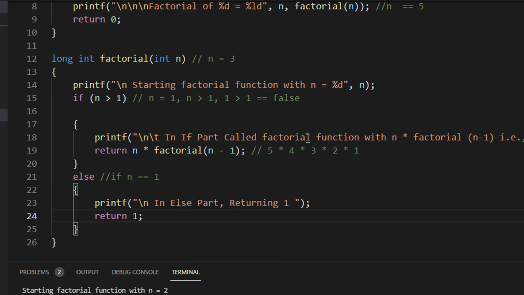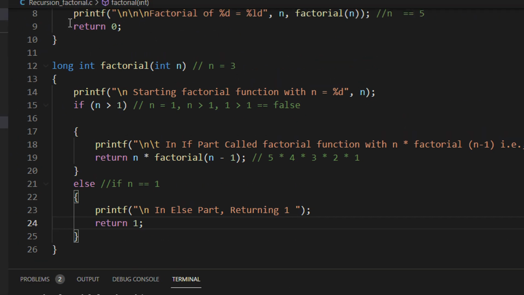By the way, recursion has more disadvantages than advantages. The only advantage is that the code appears cleaner. But in terms of memory management and stack operations, it is very expensive. So as far as possible, try to write non-recursive code. But there are some cases, as I told, like binary tree traversal and quick sort, where the code can be written very nicely in just 2 or 3 lines with the help of recursion.